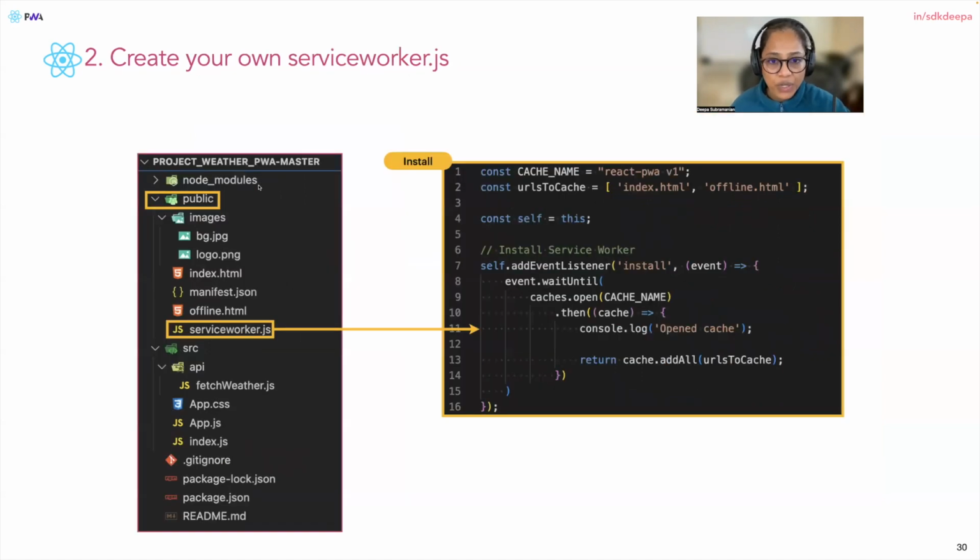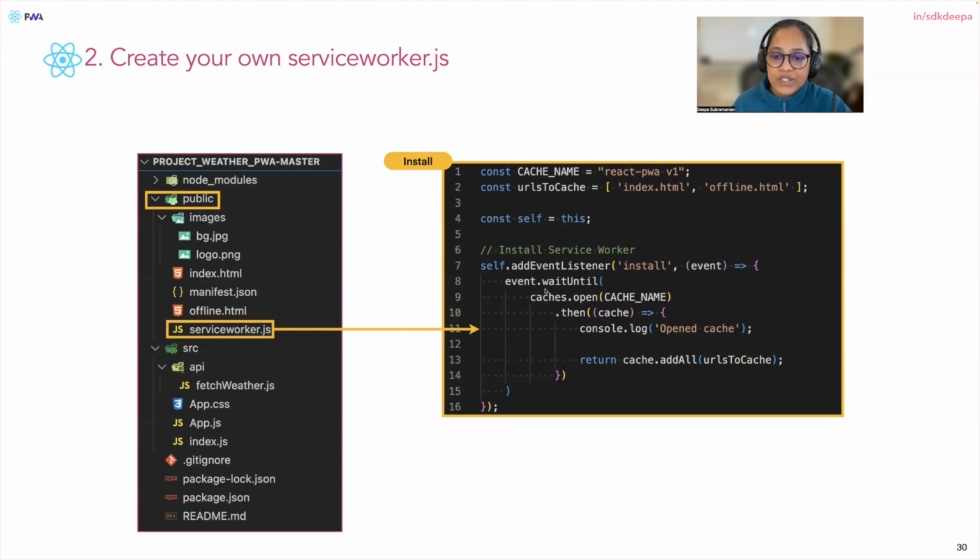Let's move on to the service worker. We talked about the service worker lifecycle, remember? I'm just going to quickly skim through this so that you understand. First off, we wanted to install the service worker, right? And note that the registration goes into your index.html. So we will have to write it inside a script tag. I think I added this inside the index.html as a script tag for registering it. Once you register it,